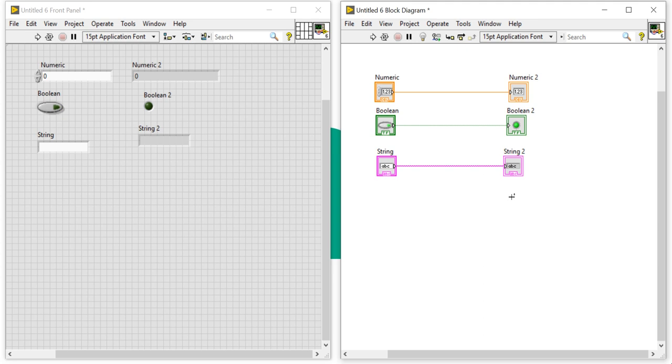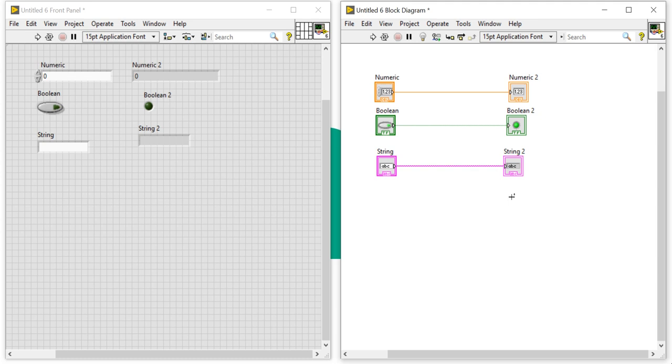Focus on the block diagram, please. In the block diagram, you can see something. The color of numeric is orange. The color of boolean is green. The color of string is pink. Again, the color of numeric is orange, the color of boolean is green, and the color of string is pink.